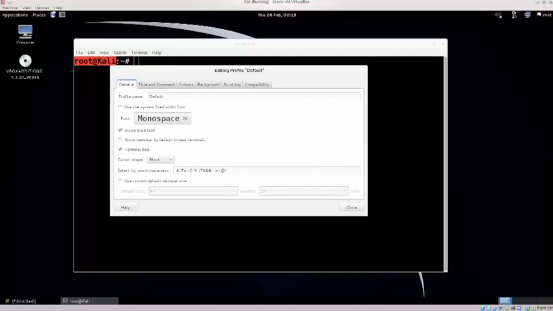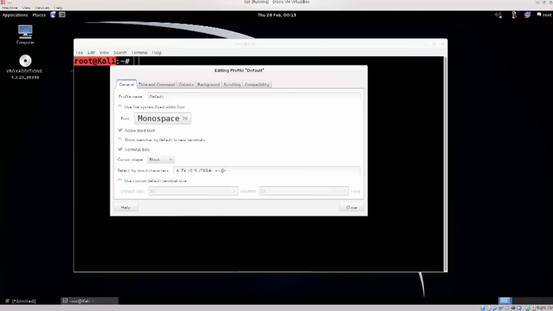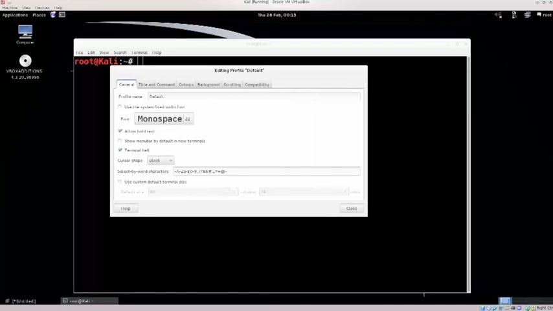and here you have a great deal of options. One of the first ones that you will see is that you can use the system fixed width font. This is not good. You see, this is very small. I always need to change that. If that's fine for you, you can keep it like that, but I always change it. And I have monospace 20. If you click on it, you can change the font size here. If you wish, you can change the font that you're using,